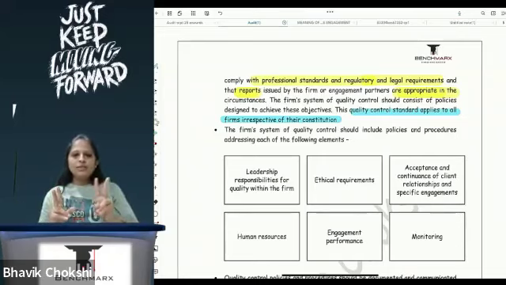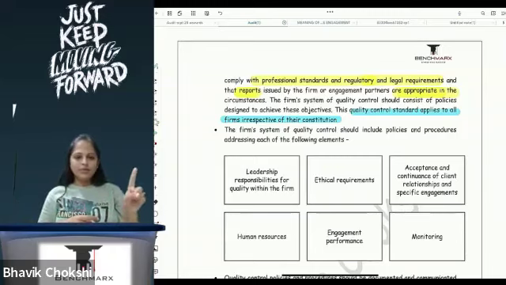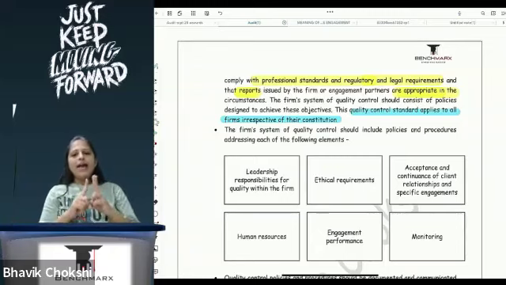Correct? So two things we have to remember. One is that it is applicable to all firms, it doesn't matter what size. Here we are talking about everything: SAE, SRE, SRS, SAS, everything we are talking about, all four. And thirdly, I will say that it is based on my regulatory legal requirement that I have to meet, and I also have to issue a report which is appropriate in the circumstances.